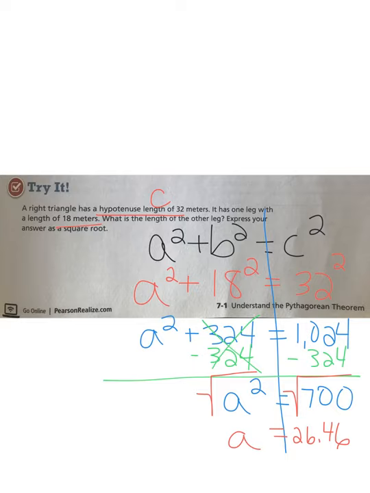Okay, so 26.46 would be the side length of A. So again, with these notes, which are